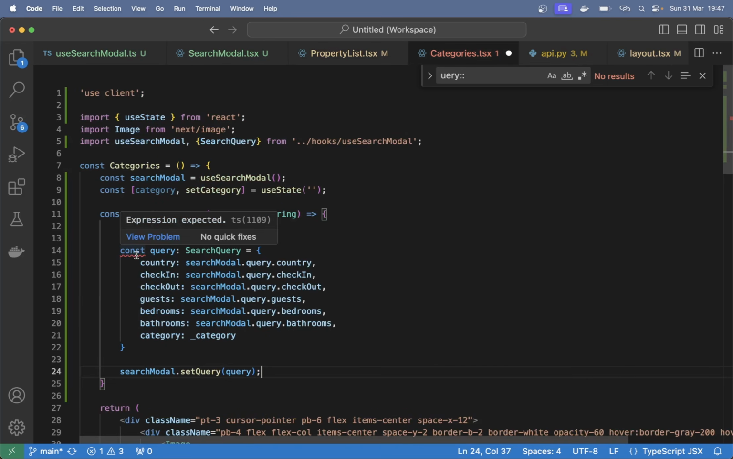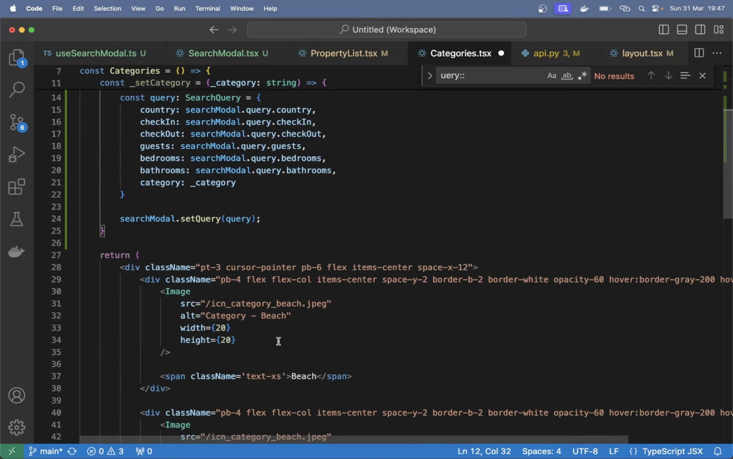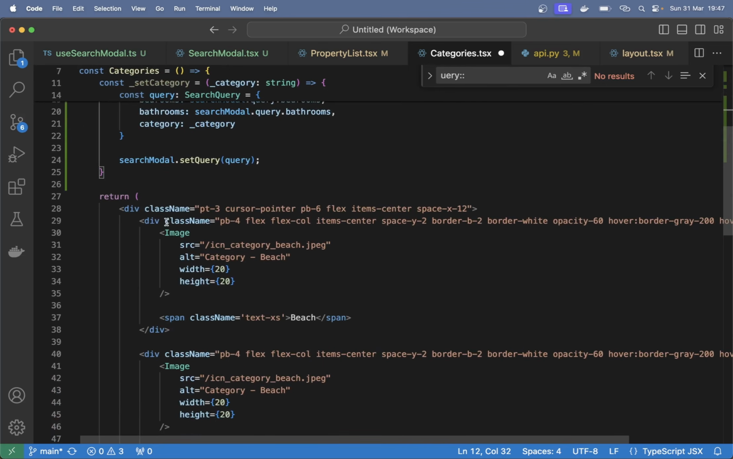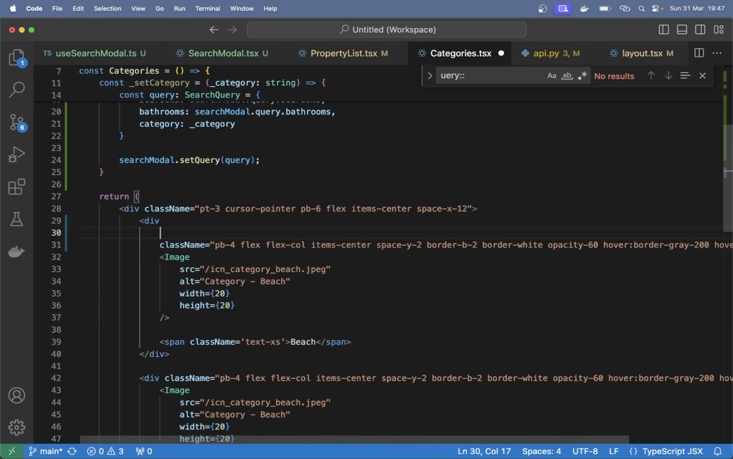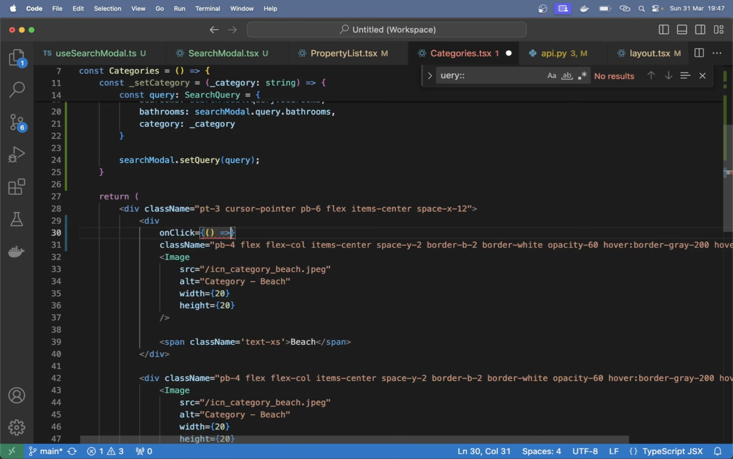Const query expression. What is wrong here? Sorry, that was supposed to be a semicolon. And then at each of these functions or divs down here, we can call this function on click. Use an arrow function here to call setCategory and pass in empty, because